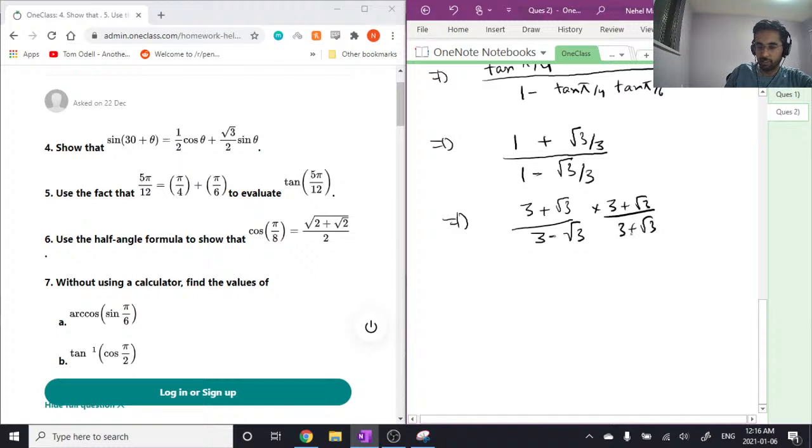Okay, so next up, we have been asked to use the half angle formula to show that cos of pi over 8 is equal to this value. So this will be number C. Show that cos of pi over 8 is equal to